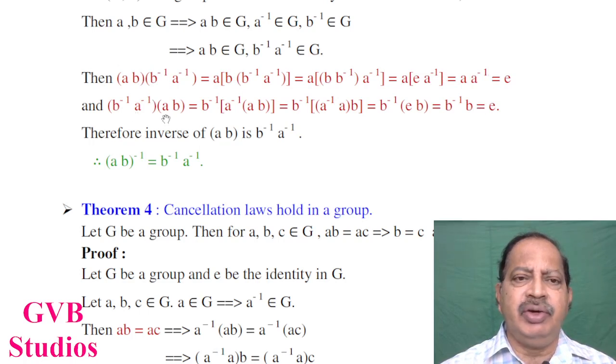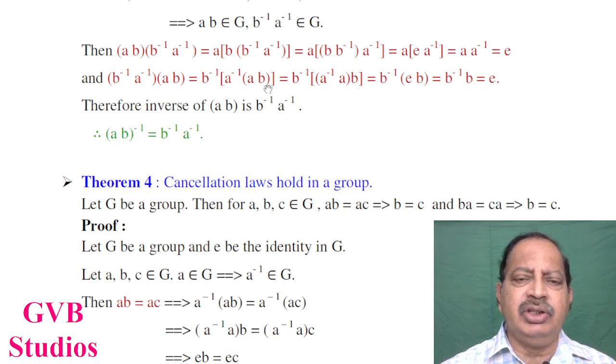And next we show that YX is equal to E. For that, Y means B inverse A inverse, and X means AB. Again use the associative law. Change the square bracket here: B inverse, square bracket, A inverse, bracket, AB, is equal to. Again use the associative law, changing the bracket for A inverse A. So this reads as B inverse, square bracket, A inverse A, B, square bracket closed. This is equal to